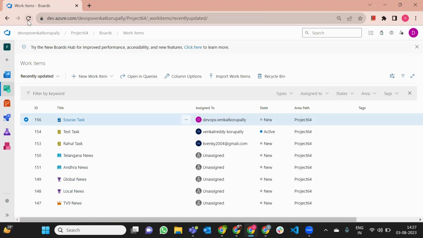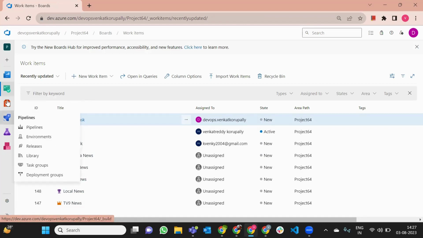It will come, just a minute. It will take 2 minutes, guys, but whatever the task which you have added, can you see Saurav task is there, which we have just added, correct? Guys, correct? Yes. Now, if you go back to the sprints again,